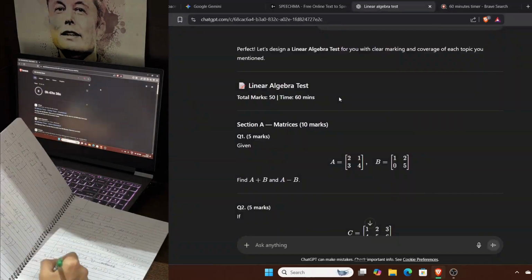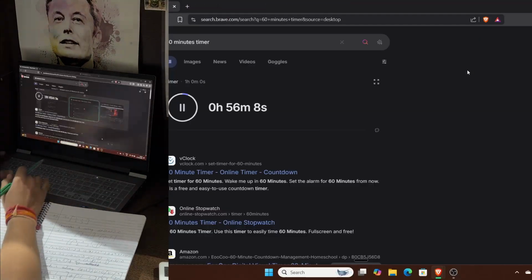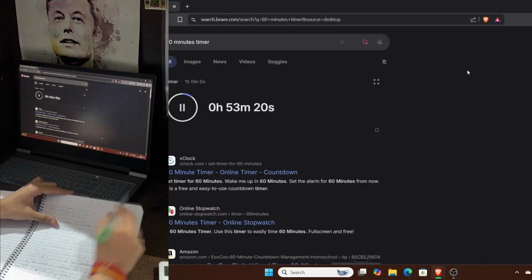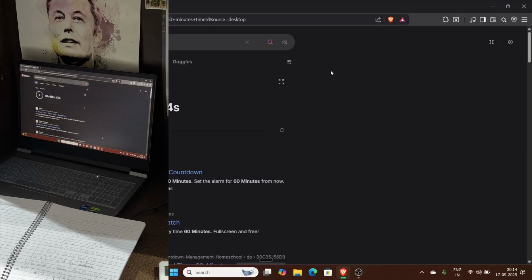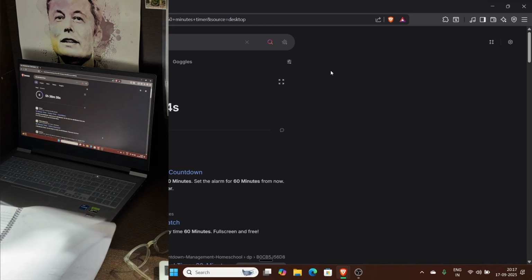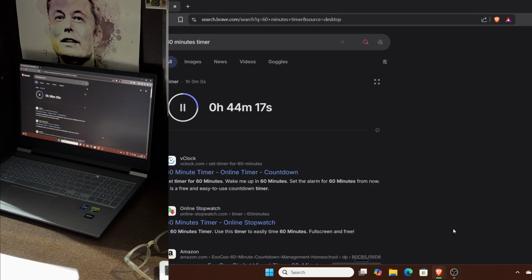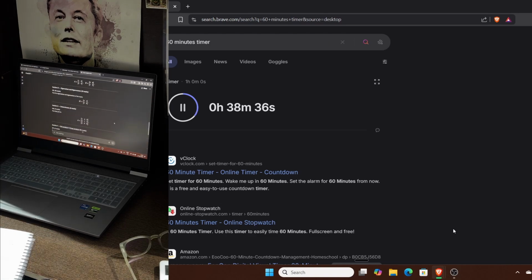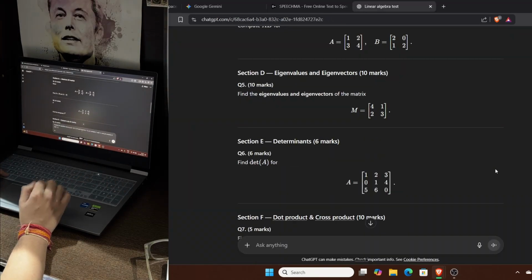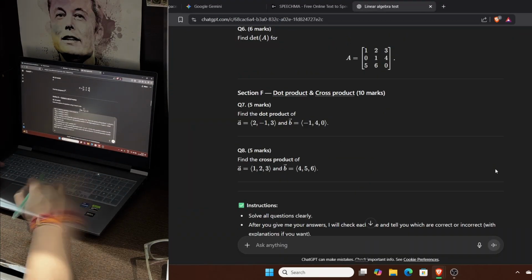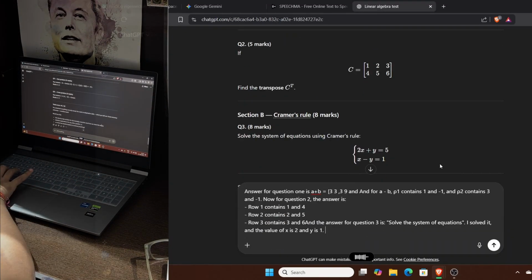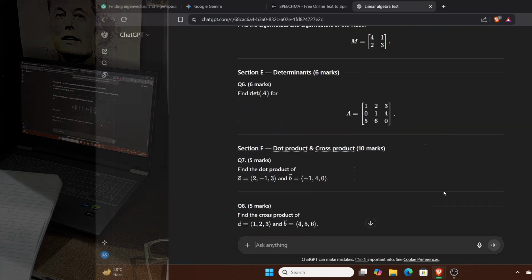I then dived into my quantitative aptitude preparation, starting with algebra and matrices. I took a test on linear algebra and matrices, scoring 44 out of 50 on my first attempt. But I went for a second chance, got a tougher question, and nailed a perfect 50 out of 50. Next up, calculus. To cap off the day, I made sure to hit my target of burning 300 calories through walking. That was everything I squeezed into day 2.